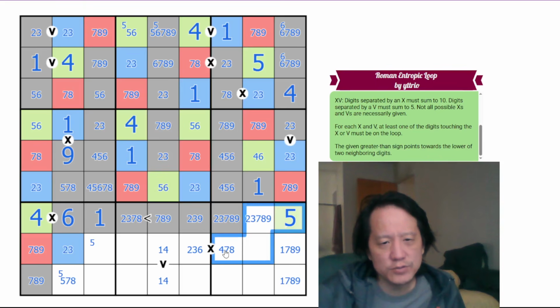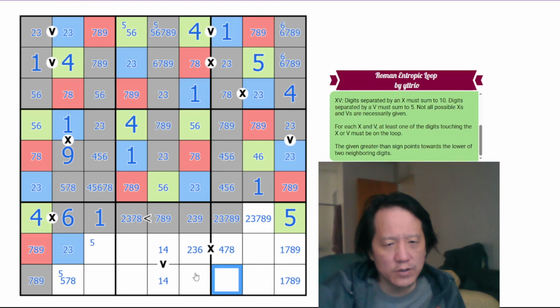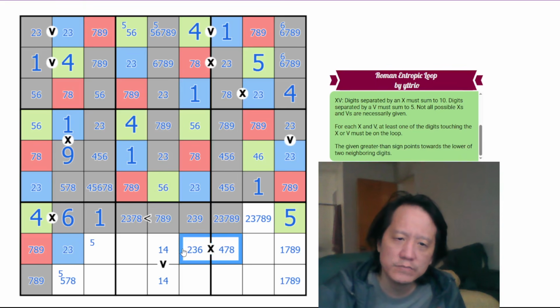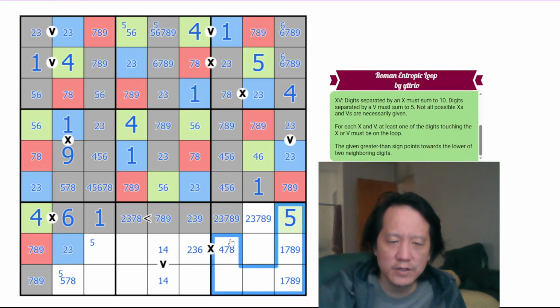If it goes straight through, this is 4 and that's 6. Otherwise, if it goes around, this would be low, medium, high. No, low, high, medium, low, high, medium. So I think this is medium either way. Right? If we can't go that way because that becomes low, high, medium, and high, medium don't add up to